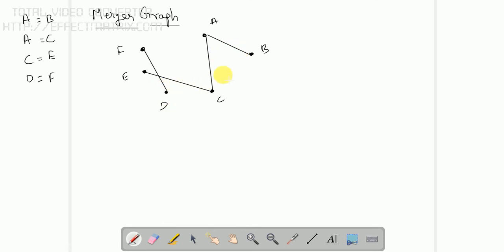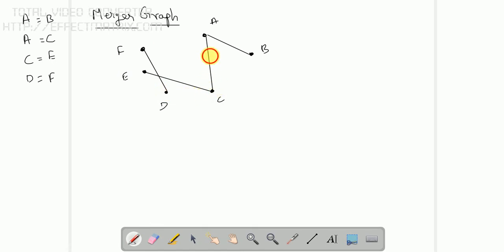I want to reduce into 3 lines. How to reduce it? One point is for sure, that is you should not miss any state. For example, if I am going to cut this line, B will be vanished. So I cannot touch this line. Similarly, when I touch this line, D and E will be vanished, D and F will be vanished. So I cannot touch this line.